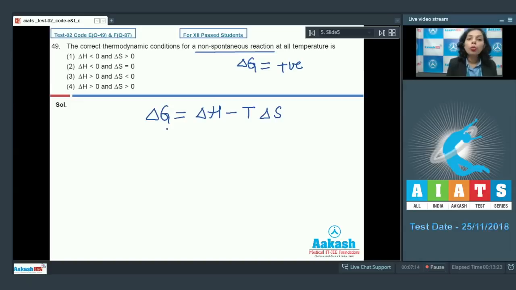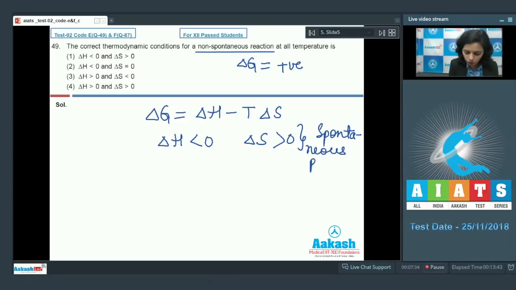So we know that to make this delta G value negative or less than 0, always delta H is less than 0 while this delta S is more than 0. It means positive. This is the condition for spontaneous process. But in this case, we are not talking about the spontaneous process, we are talking about the non-spontaneous process. It means we need this delta G value as positive, and in that case, we have to take this delta H value that should be more than 0 or positive, and this delta S value should be less than 0